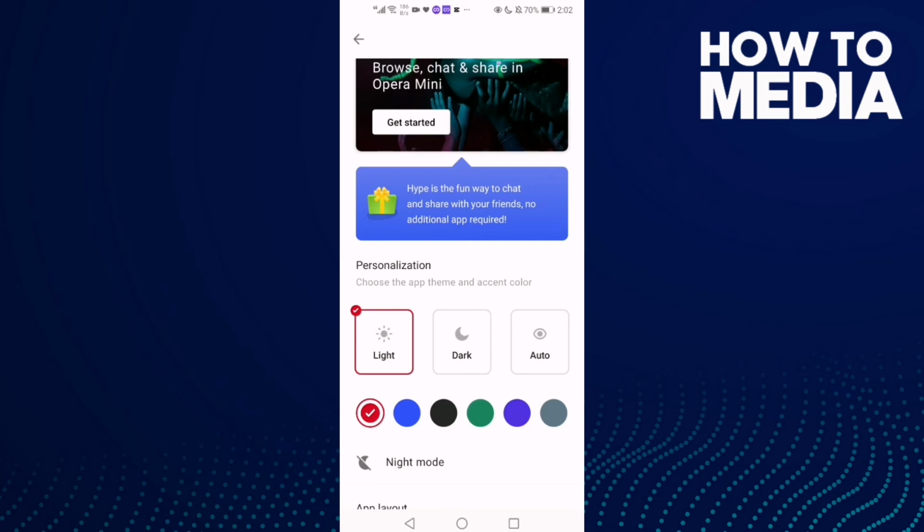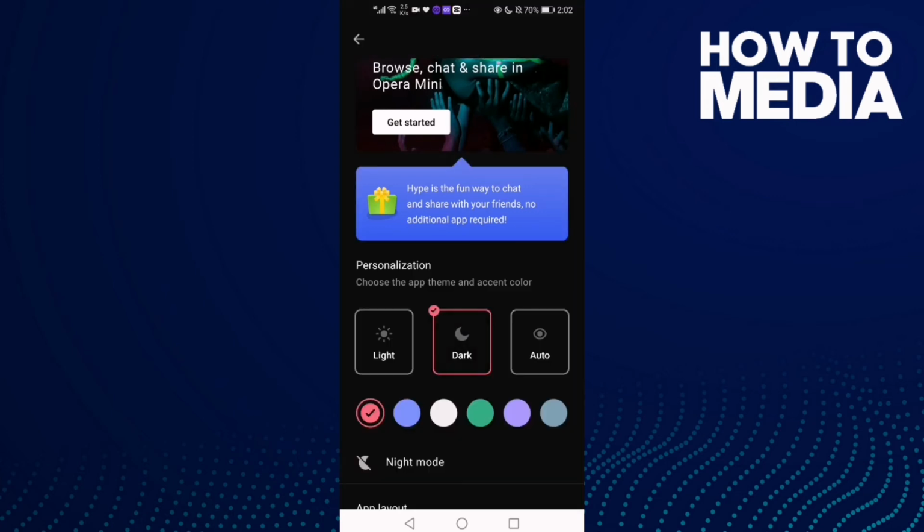And if you want to just go back to the dark mode, just click on it, and that's it for